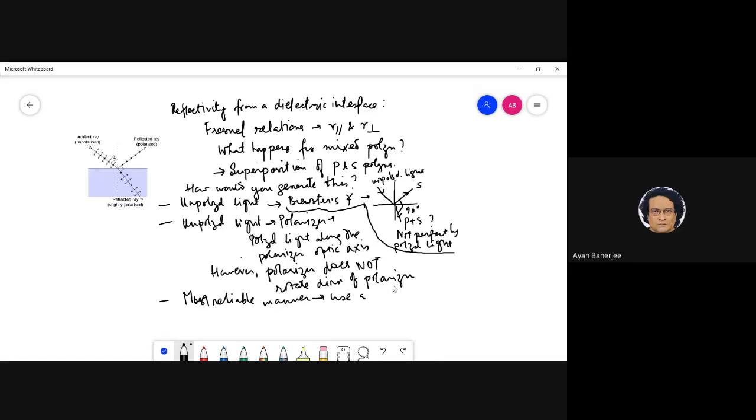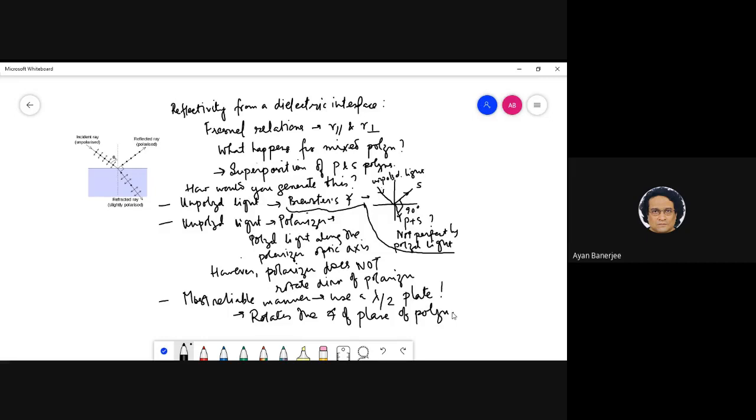Sir, a half wave plate will give us linearly polarized light. Obviously. So you come with p polarized light, it will give you a mixture, right? Because that is what a half wave plate does. A half wave plate will rotate the angle of the plane of polarization. Isn't it clear? That is exactly what the half wave plate does, because if you are incident at a certain angle, it gives you a phase difference of pi.